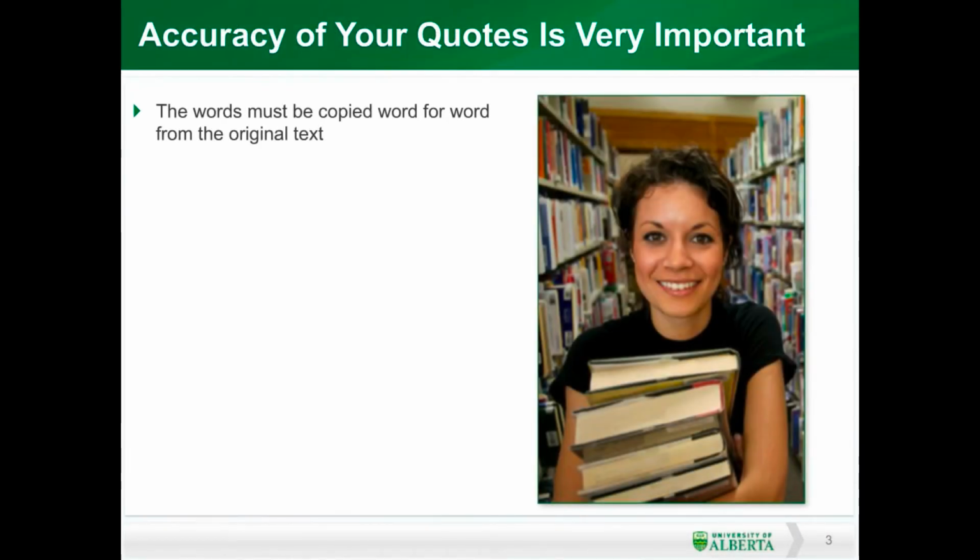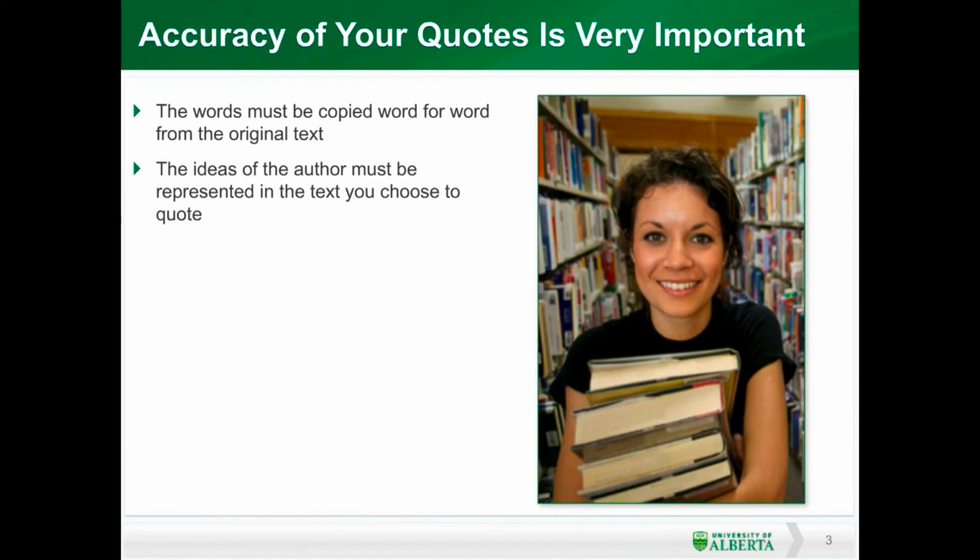You must make sure that you have quoted the exact words from the original text. That is actually what the quotation marks tell the reader, that you have copied word for word what the original author has said. You also have to make sure that you have chosen words from the original work that represent the ideas of the author. For instance, you can't drop a "not" from a text when you copy it, or you will misconstrue the intent